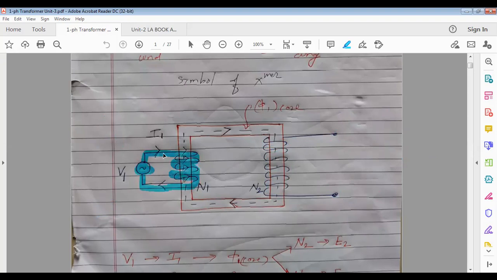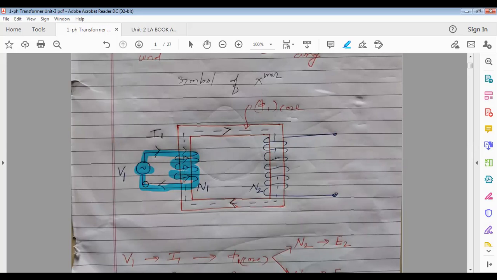Now all of you can see that an AC voltage source is applied across the primary winding. The circuit across the primary winding is closed, isn't it? Yes, ma'am. It is closed, which means current can complete its path through the primary winding. So current will flow. When you switch on the AC voltage V1, AC current will flow through that conductor.